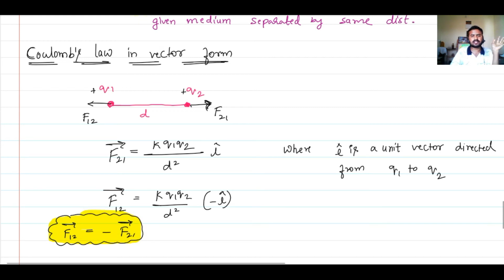Now if you take the ratio of the force experienced by the first charge to the force experienced by the second charge, it will always give you 1, because F12 divided by F21, magnitude wise they are equal, so the ratio will be 1:1. This type of question can also be asked in competitive exams. Obviously not JEE, because JEE questions will not be so simple, but in local competitive exams, like in Karnataka, Andhra, Telangana, they can ask these kinds of questions.